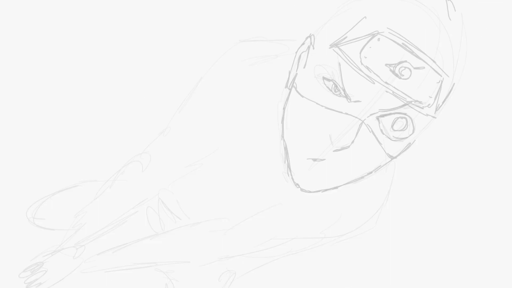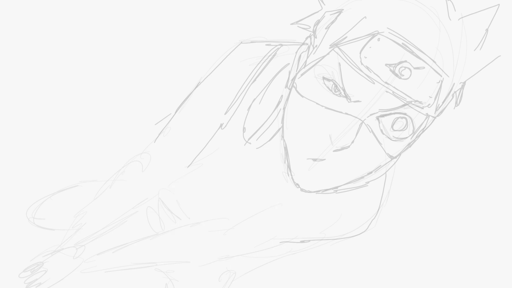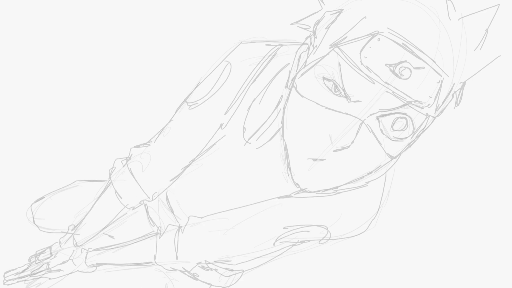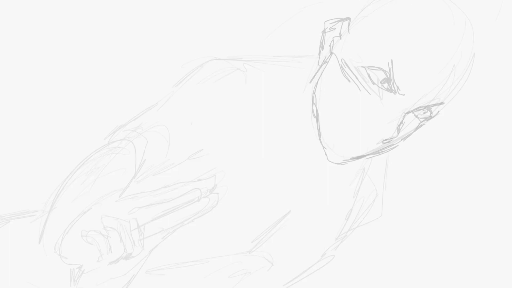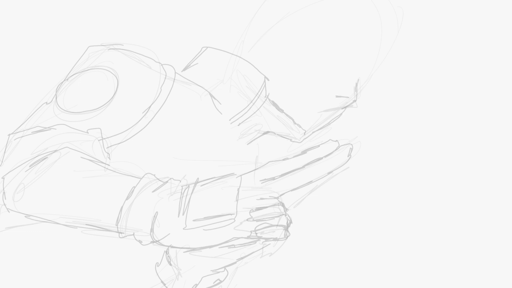So for this time lapse, I'm just showing how I made a short 3-second clip of my fan-made animation of Kakashi performing the famous hidden leaf secret jutsu, 1000 Years of Death. I'm going to incorporate it into my Sasuke versus